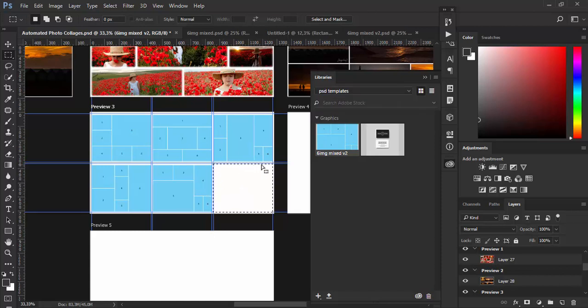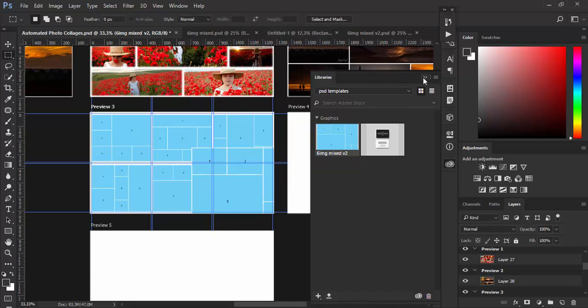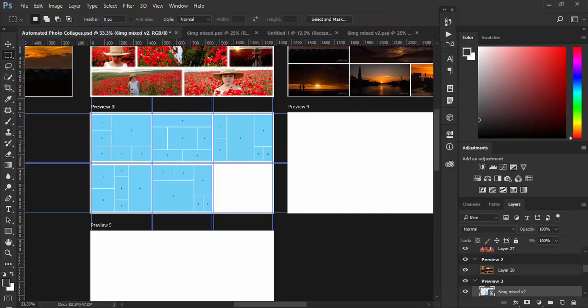So if you have selection active, center of placed object will match center of active selection. So I will use place linked, and as you can see, center of placed object from libraries panel is matching center of active selection. So let me mention one more thing which can be important, is that dimensions of a